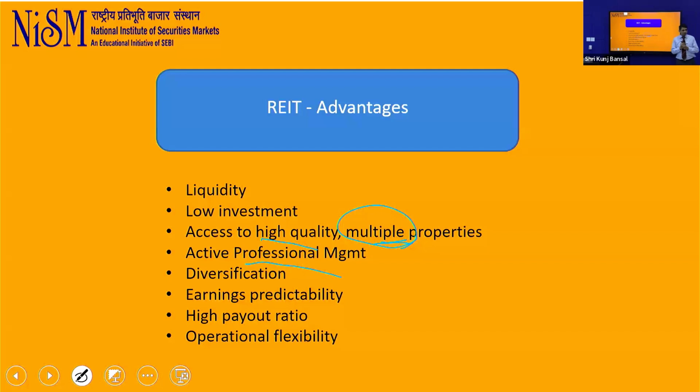Can REITs be traded on BSE and NSE? Yes, they are indeed traded on BSE and NSE, but to access that, you will need a broker account. Which top broker facilitates REIT? Doesn't matter, top or bottom. Every broker provides you access to all the available investments on the stock exchanges. What about REIT category 1, 2, 3? In REITs, as of now, there is no category; that is in AIF.